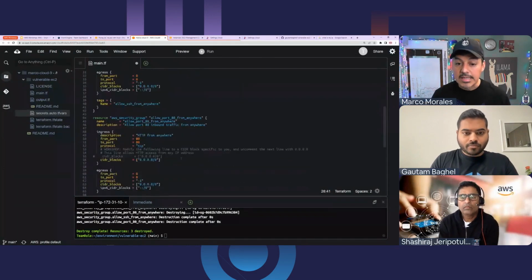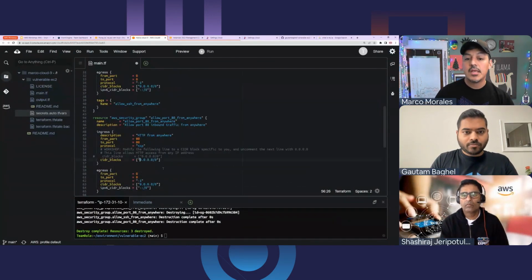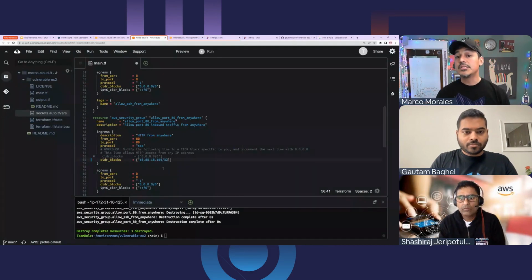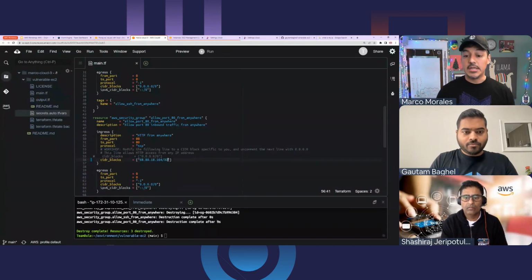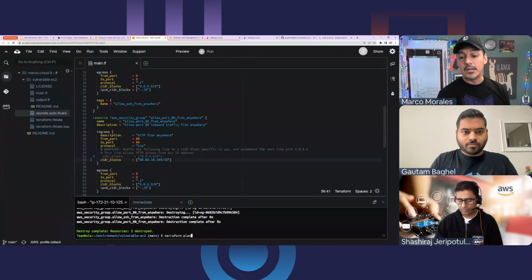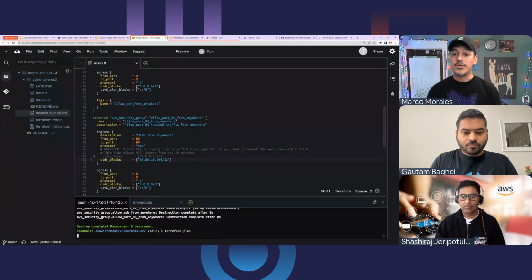The other one is port 80. If I were to do this, I'll do the same thing where I replace it with my IP address and /32. The reason I'm doing this is I'm going to try to show you that when I make these changes and publish it, my Cloud9 environment will no longer be able to see this asset. And this is the kind of feedback we would want people to know when they're doing their active development.